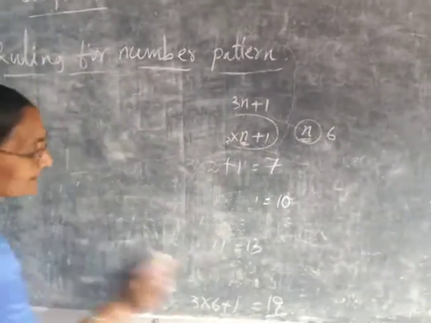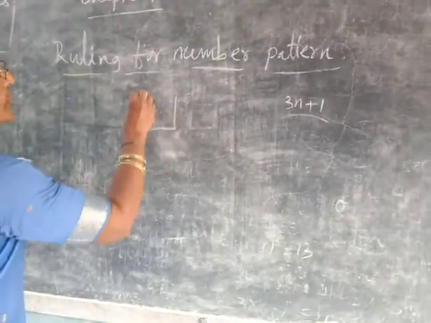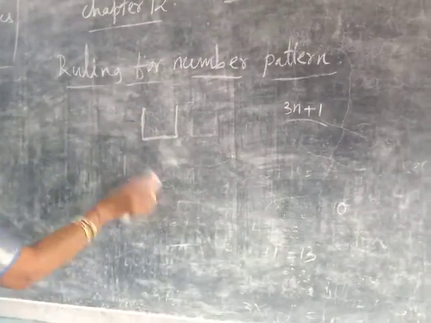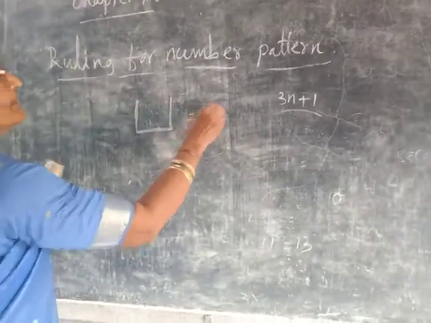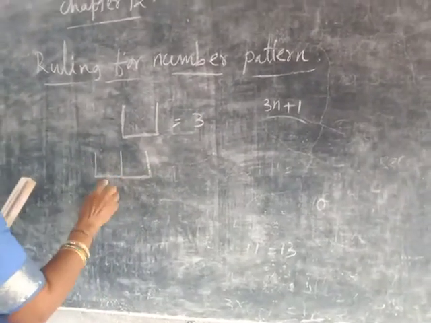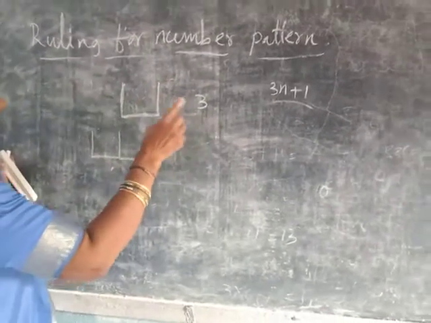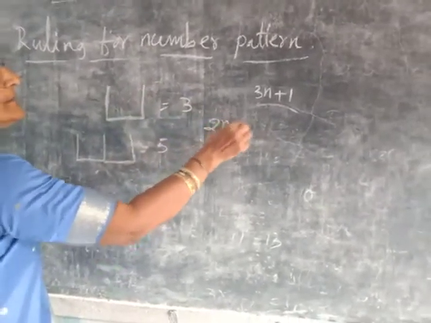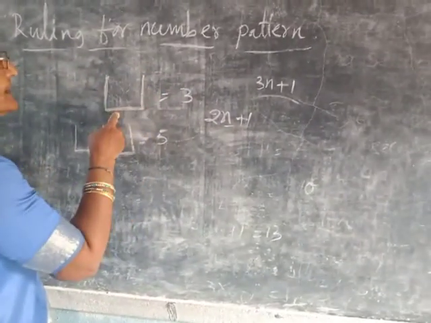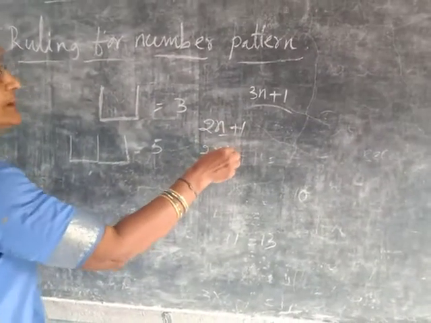Another pattern is there, that is the figure is a u. See how many line segments are needed here? One figure, it is 3. Then 2 figures repeated. Then how many will come? 1, 2, 3, 4, 5. Then how did it come? 3, successor, how do you write? 2n plus 1. You have to write. n means the number of figures. Here how many figures are there? 1 is there. 2 into n plus 1, you write figure.